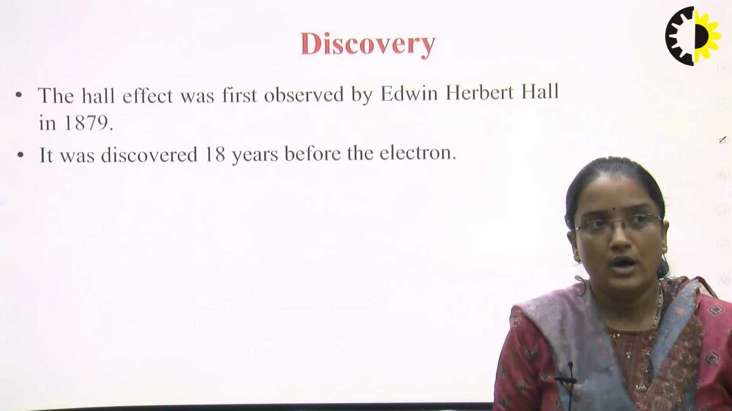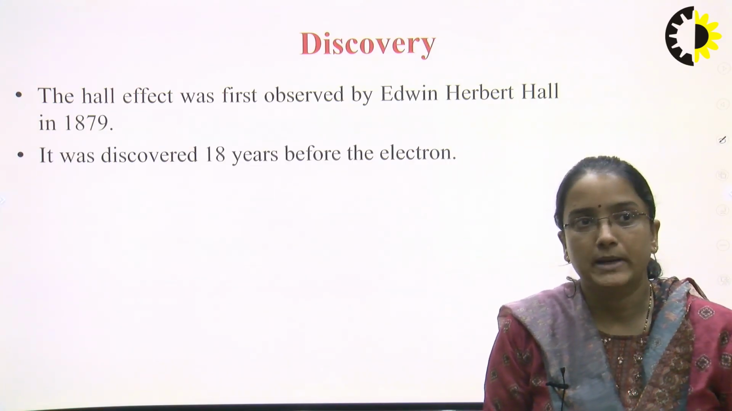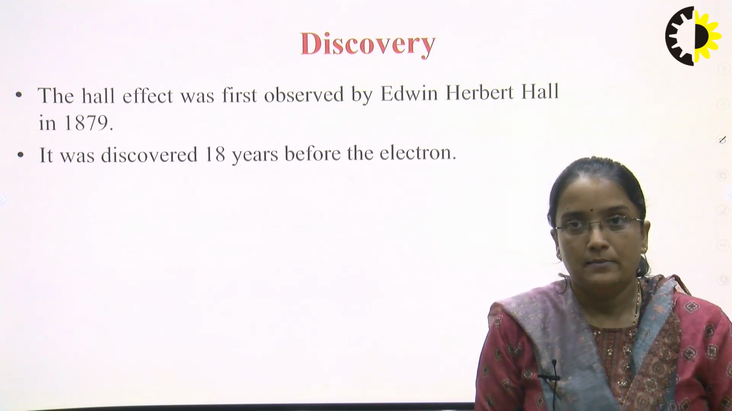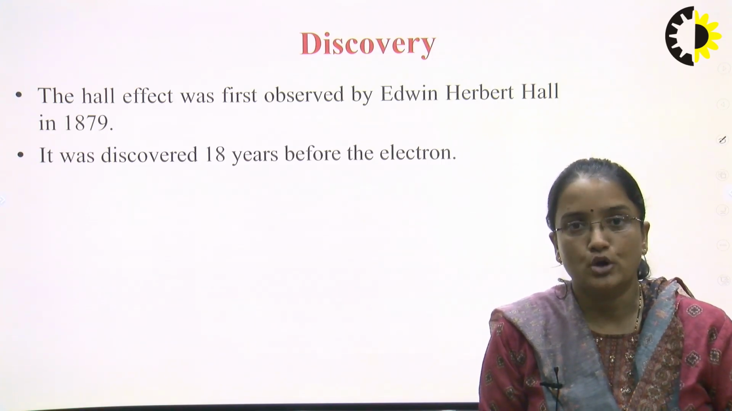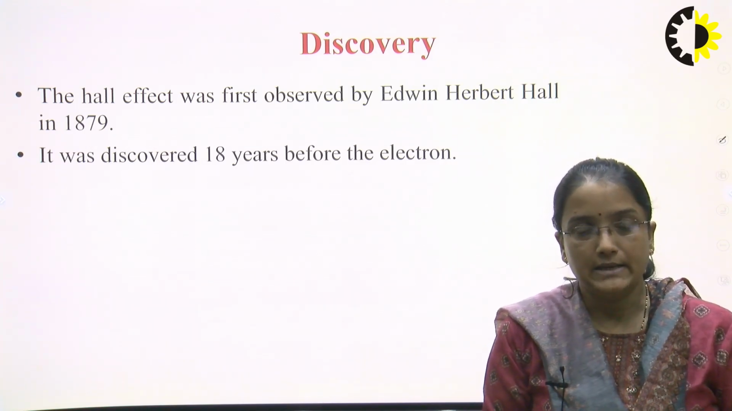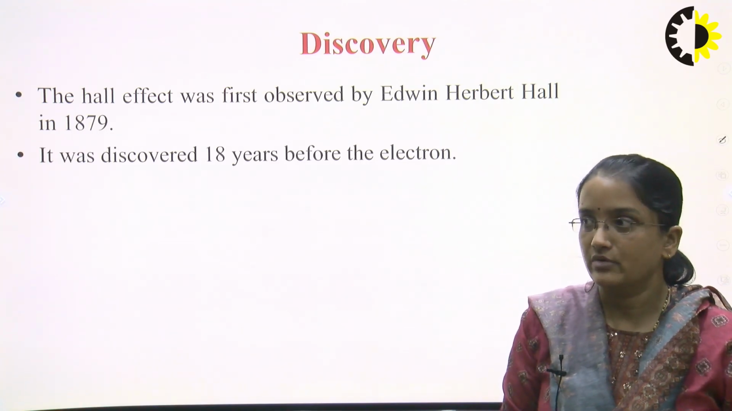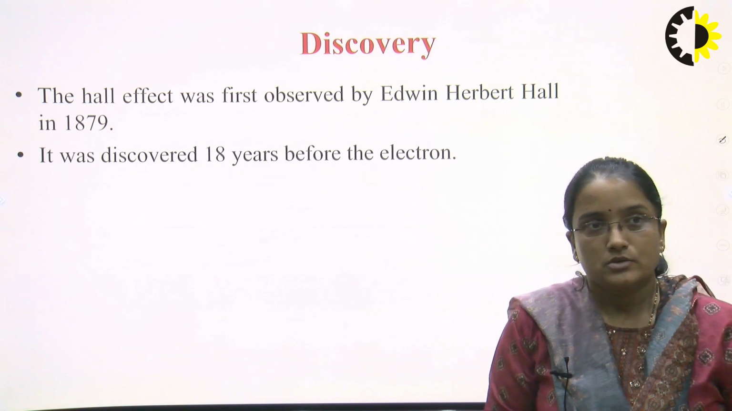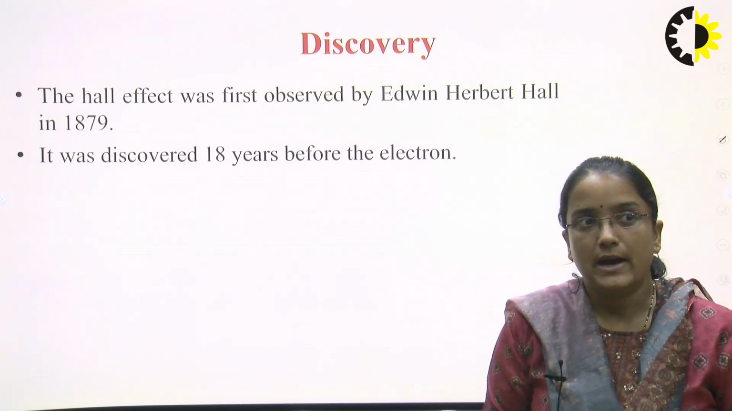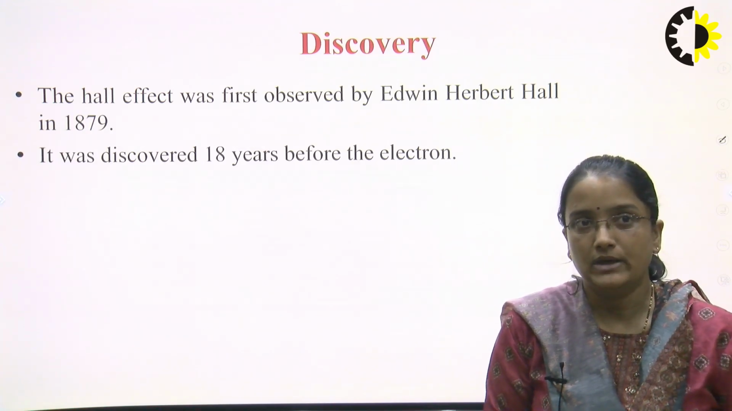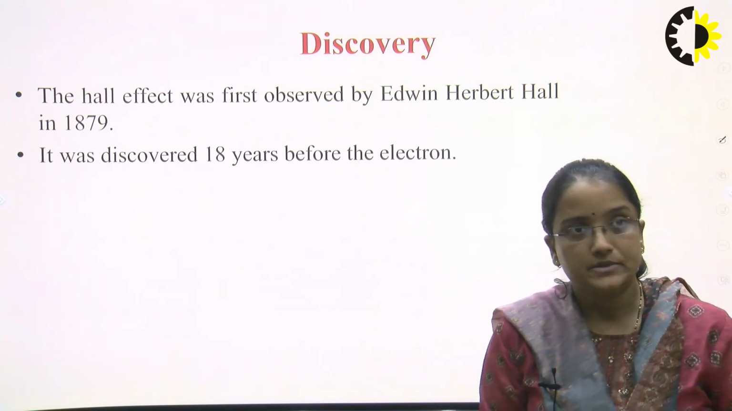So, the Hall effect was first observed by Edwin Herbert Hall in 1879. Particularly, he belonged to Johns Hopkins University, and he is the first one who observed this effect in 1879, and it was discovered 18 years before the discovery of the electron. So that's all about the history: the Hall effect was first discovered by Edwin Herbert Hall. Next,